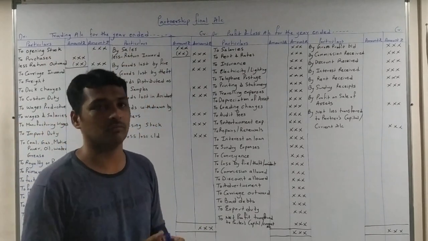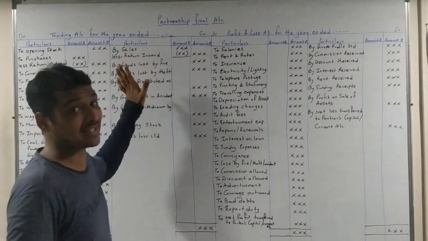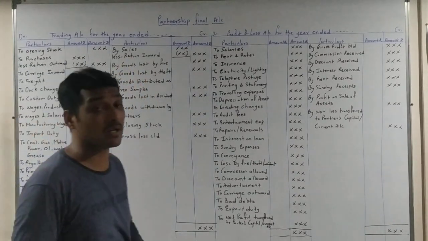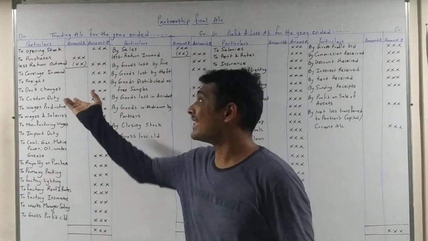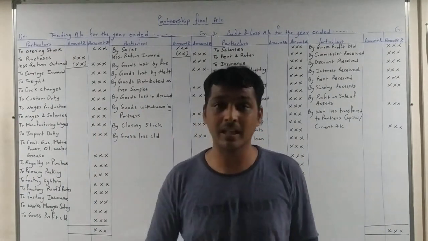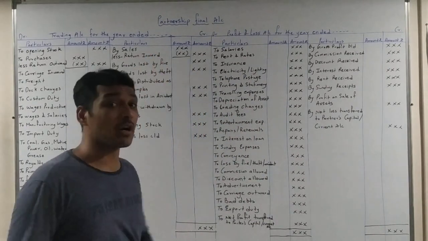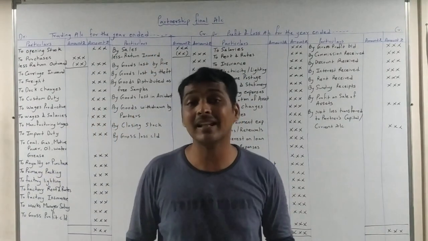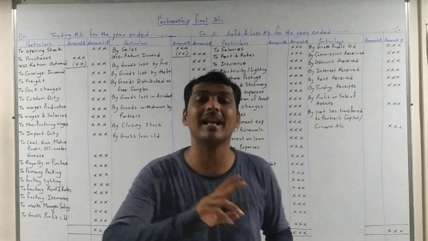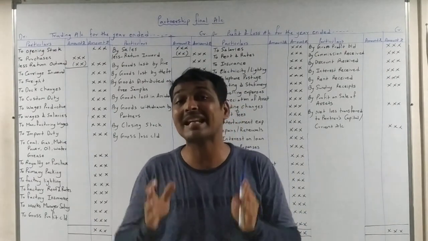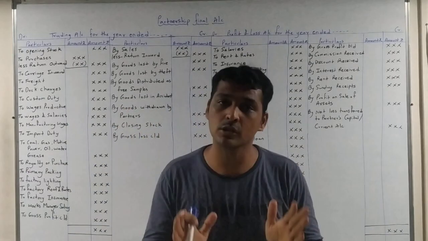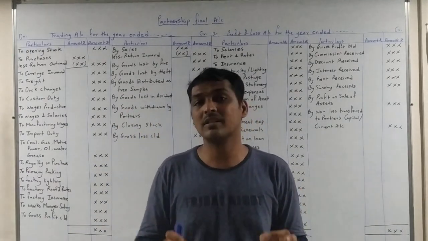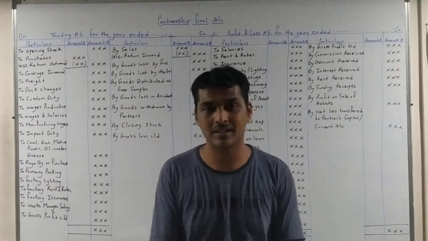So there is one more reason. That's why I told you the second reason why purchase is recorded on the debit side. First reason, it is an expenditure. Second, it increases the stock. Then why is sales recorded on the credit side? It is an income, so it is recorded. And the second reason is it decreases the stock. What do you mean by stock? Stock is the goods lying in the godown, that is known as stock.